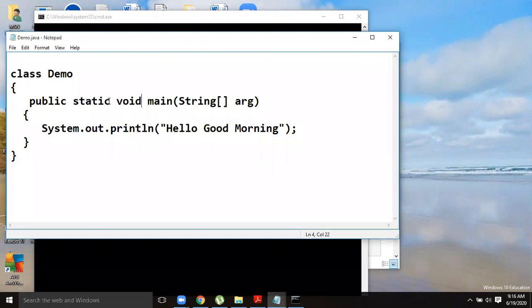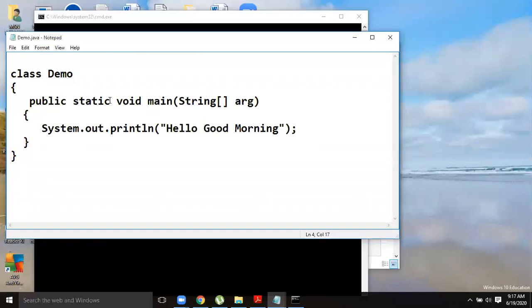Okay. Next, static. I will tell you the static need again. Here briefly I tell you. Static means if you want to use this particular class variable, any variable, you have to create an object, and then you can use this main method. But if you use static, you need not create an object for this class.